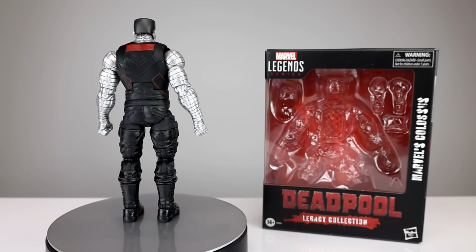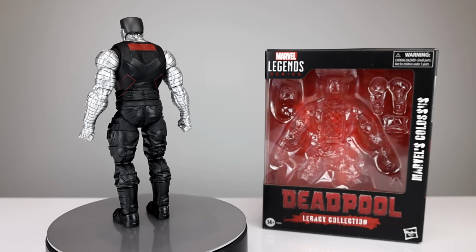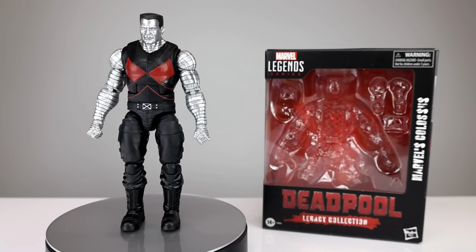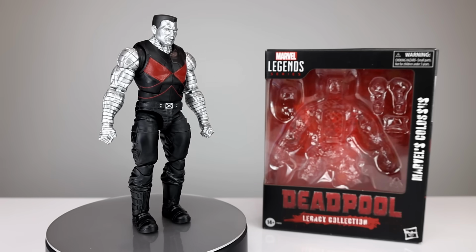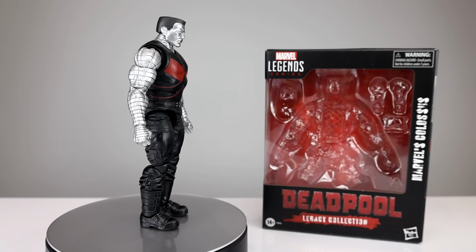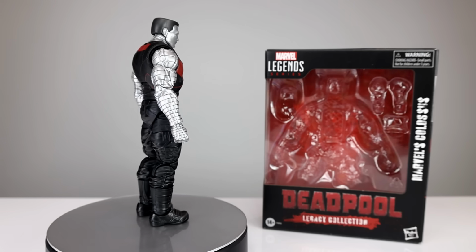I know some people were saying the figure looks better than the movie. Well, okay, if you think that, good, I'm glad you enjoy the figure, but it doesn't look like the movie, and that's what it's supposed to be, and I'm willing to bet most people think the movie looks better than the fat-bellied, weird-hipped, chunky guy that Colossus is in plastic, rather than on the screen where he's actually very V-shaped